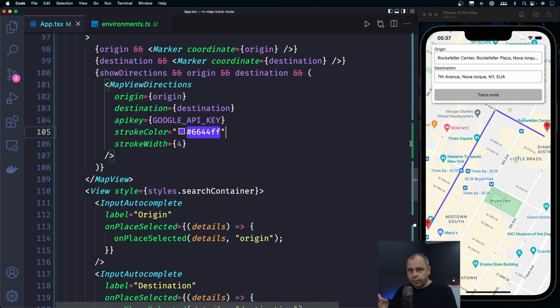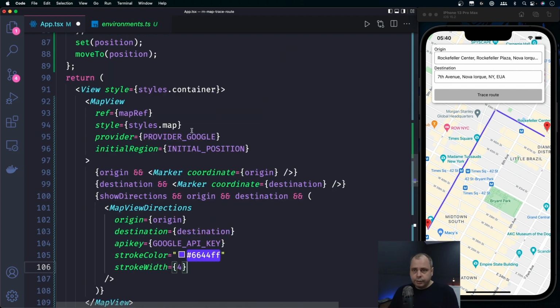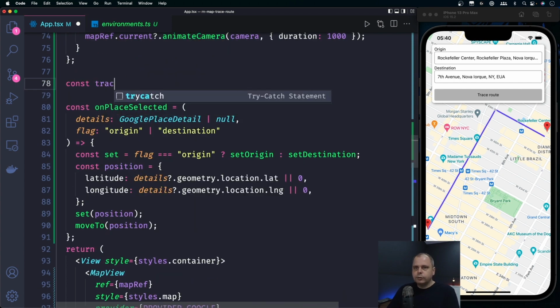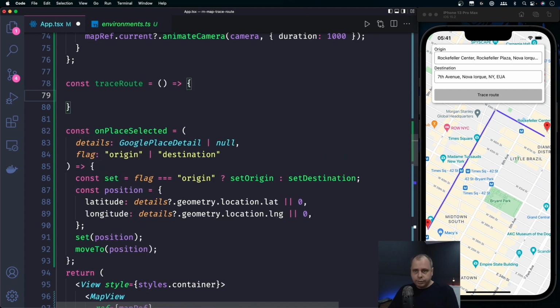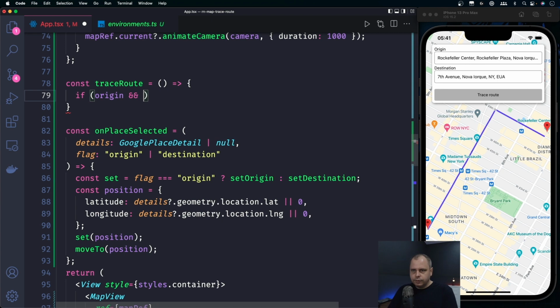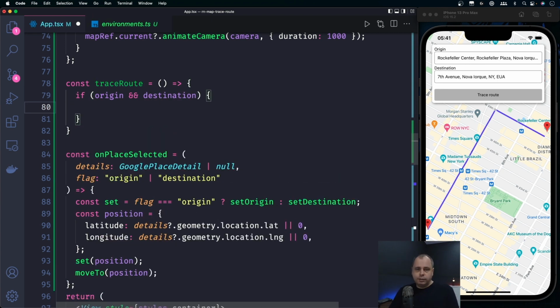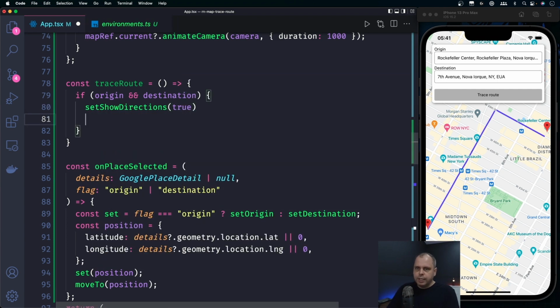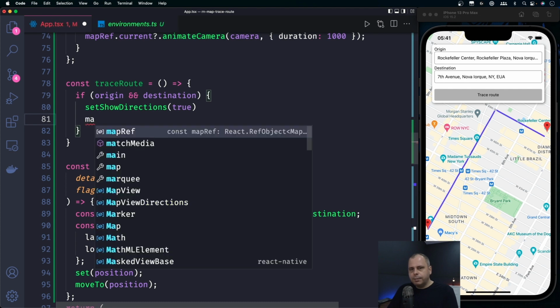Now I'll implement one last interesting thing. So we have the route, we have the two points. Now let's improve it a little bit by setting the two positions automatically to the center of the screen when we trace the route. Let's create a new function that we'll call traceRoute. Here we'll check if origin and destination are not null or undefined. And if so, we'll set showDirections to true, and also we get the map